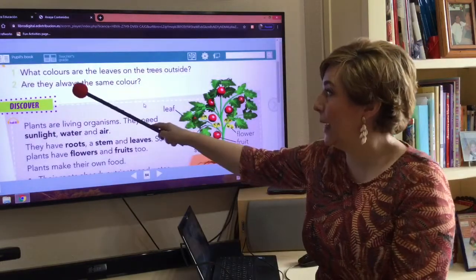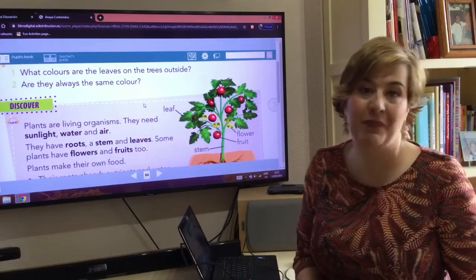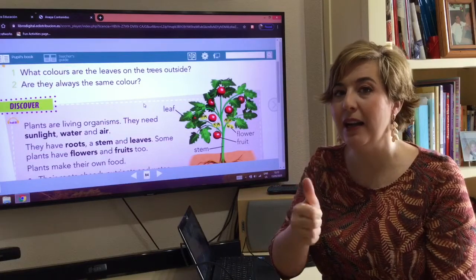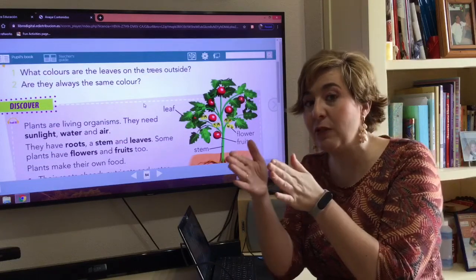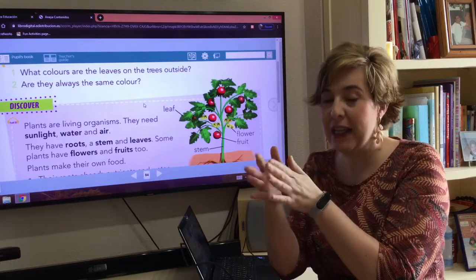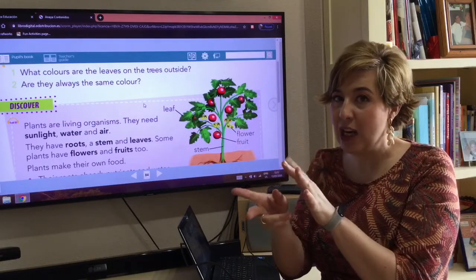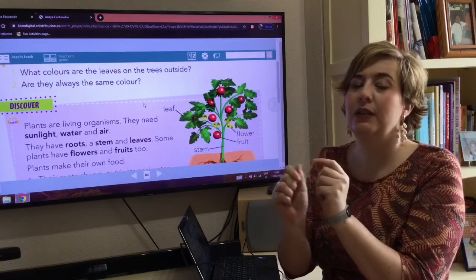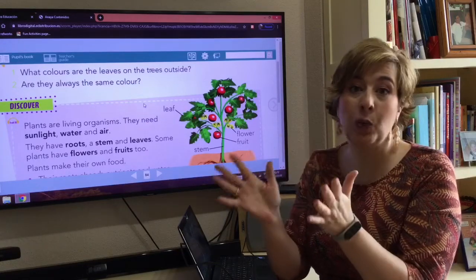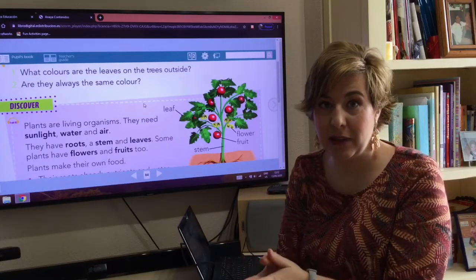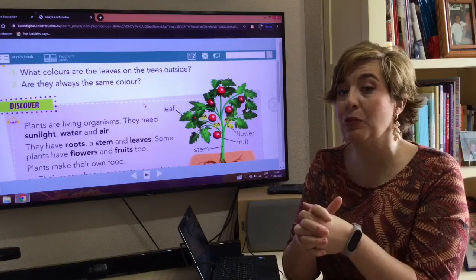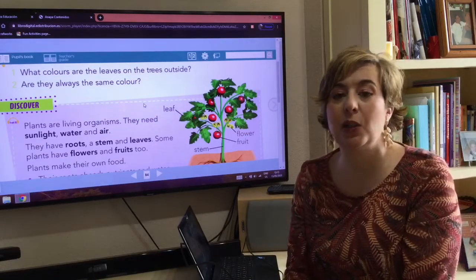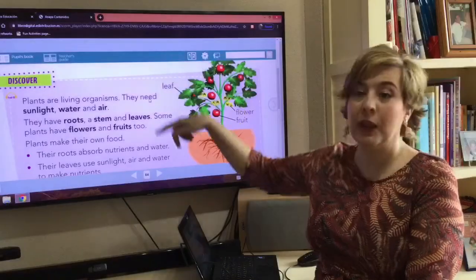Are they always the same color? No. In spring, they are green. In summer, they are green, and at the end of summer, they turn yellow. In autumn, they are yellow and red and brown and orange. And in winter there are no leaves. Trees have no leaves, only some trees that are called evergreens. Those trees have leaves, but the other trees, they don't have leaves. Okay? Look at the picture,